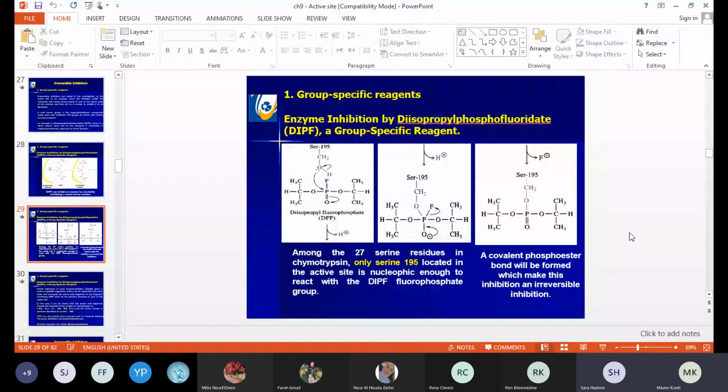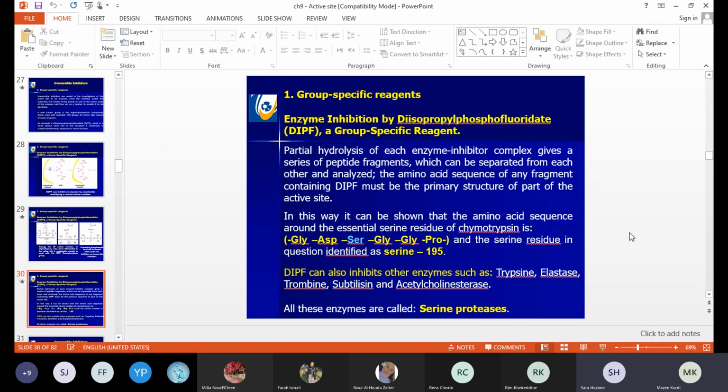So DIPF is a group-specific reagent. You have a lot of serine residues in chymotrypsin, but with DIPF, as we will see later on, they identified the serine involved, serine 195, located in the active site of the enzyme, where DIPF was able to inactivate the serine. Later on, by partial hydrolysis of the EI complex,